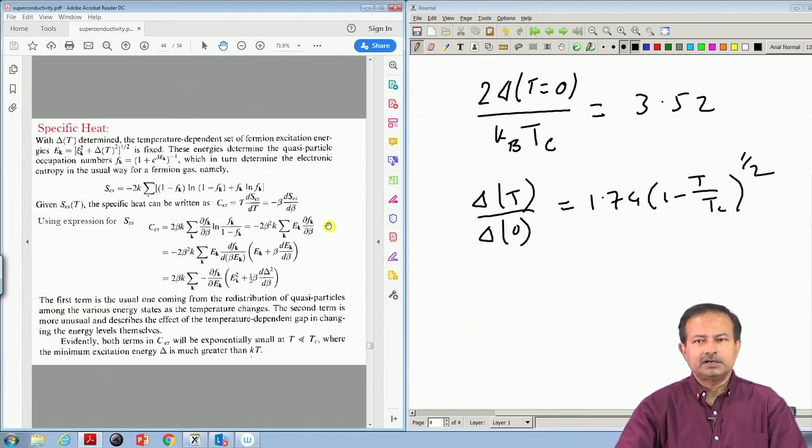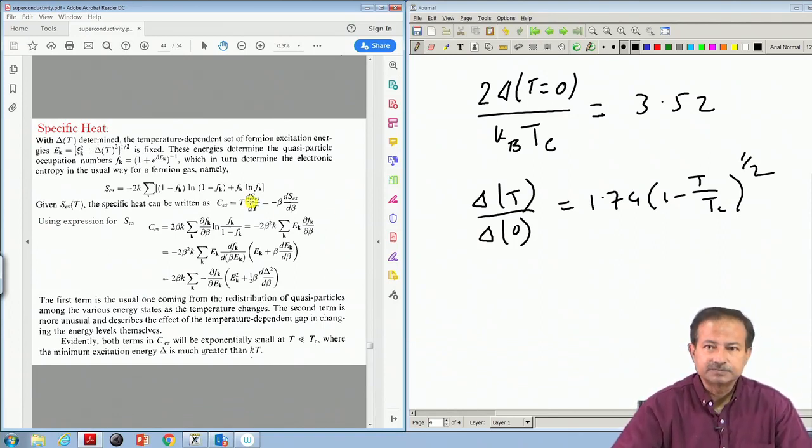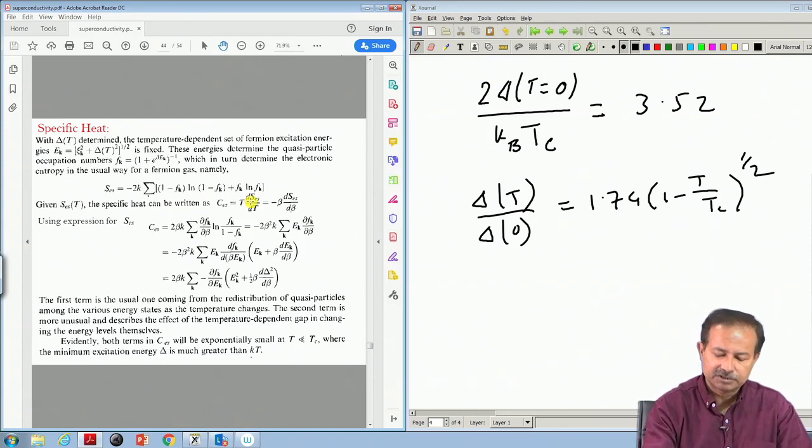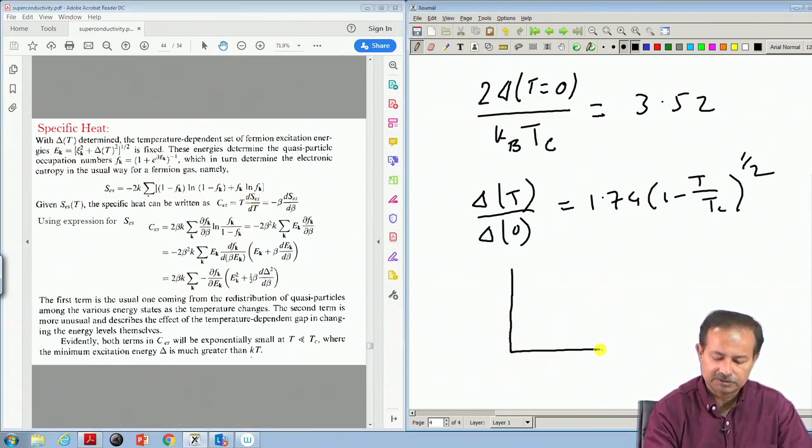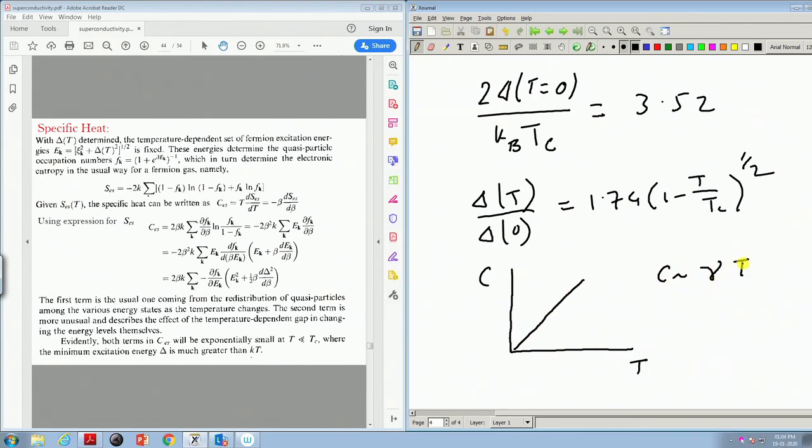So, one can now go ahead and calculate several physical quantities. These quantities like specific heat, for example. For a normal state, we remember that for a normal metal, a degenerate Fermi gas, the specific heat versus temperature is a linear curve, C goes as gamma T. Okay. Now, what will happen here? Now, we also know that specific heat is a measure of the entropy, right. C by T integrated over dT is a measure of the entropy.